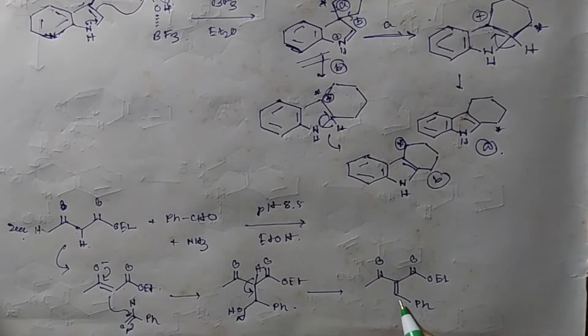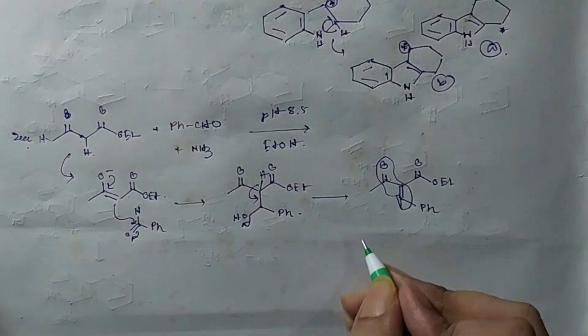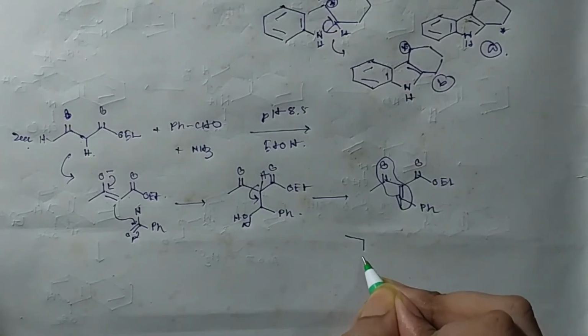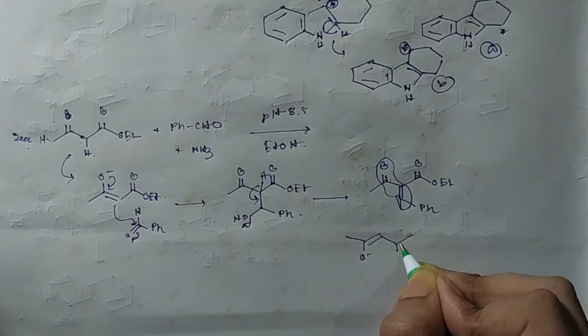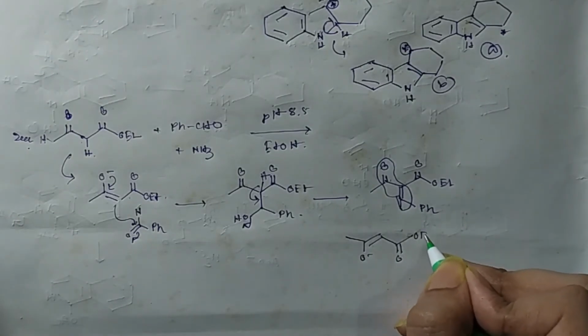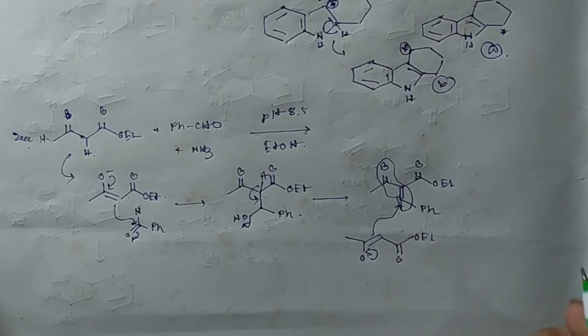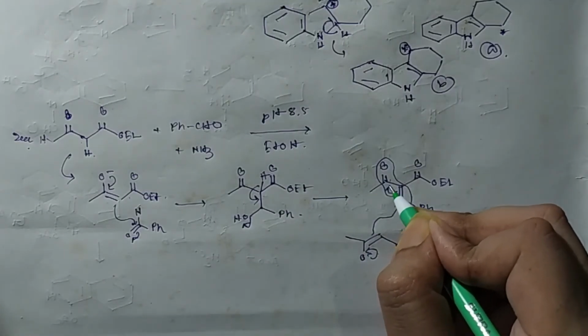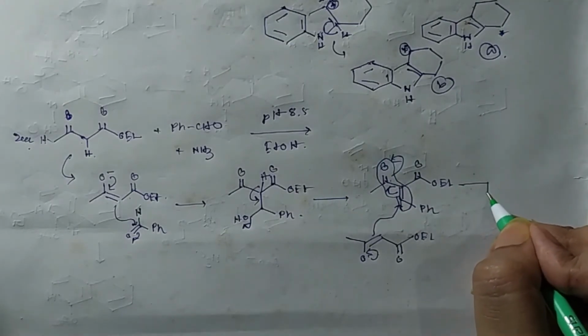That second enolate will attack this alpha beta unsaturated carbonyl at the beta position. Then this goes here, this clips, so we will get